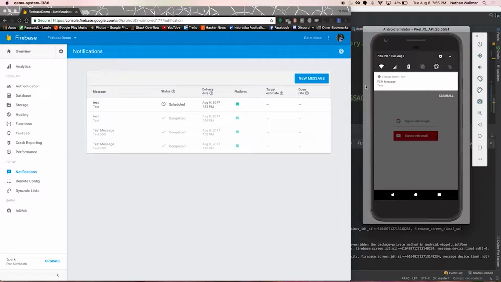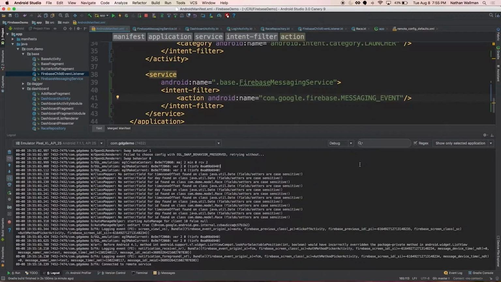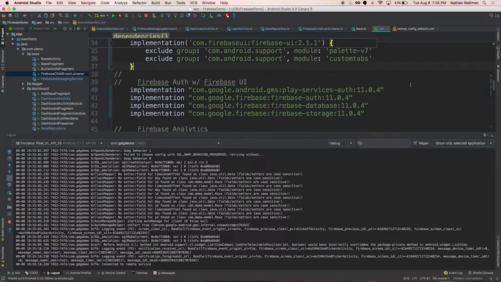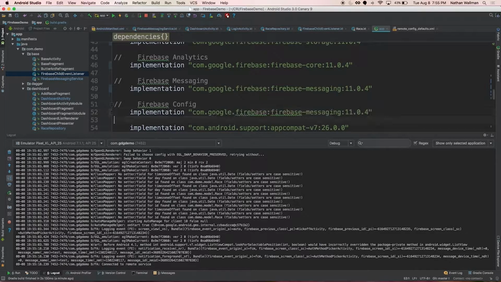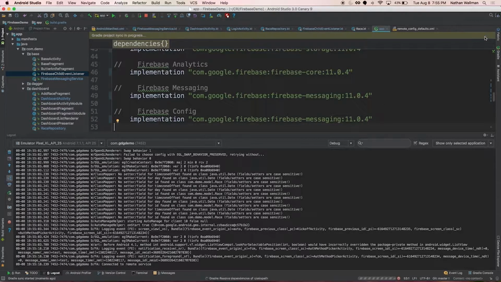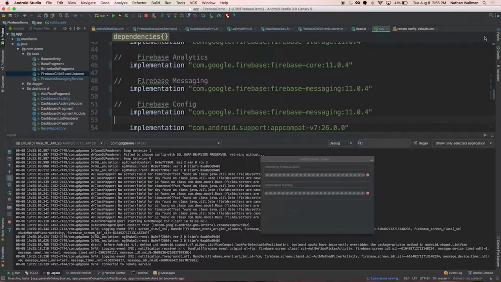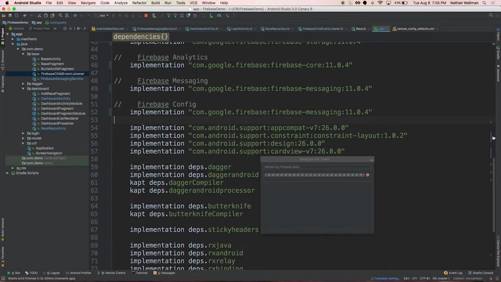All right, the last one I'll demo is remote config. Okay, so remote config. Again, as we always start out, I have to go in here and enable it first in my Gradle file. Go ahead and sync that. Probably ought to just start with a full rebuild. Yeah, I'll do that before I actually run it.